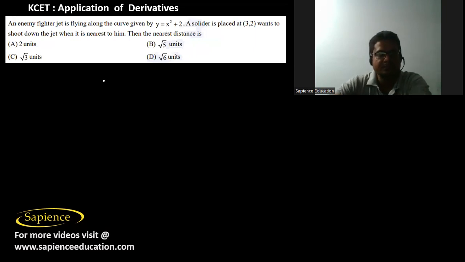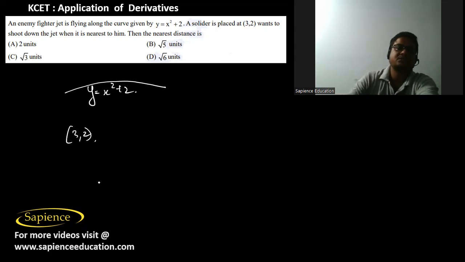Then it is told an enemy fighter jet is flying along the curve given by y equals x square plus 2. A soldier is placed at (3, 2) and wants to shoot down the jet when it is nearest to him. Then the nearest distance is,